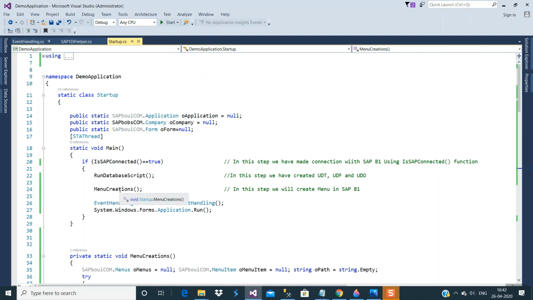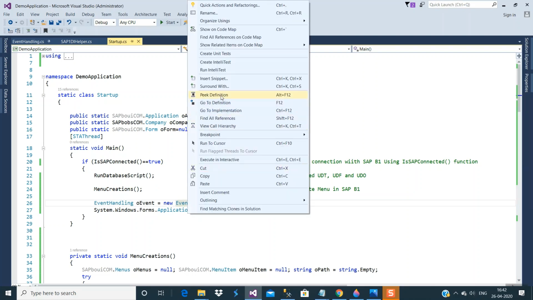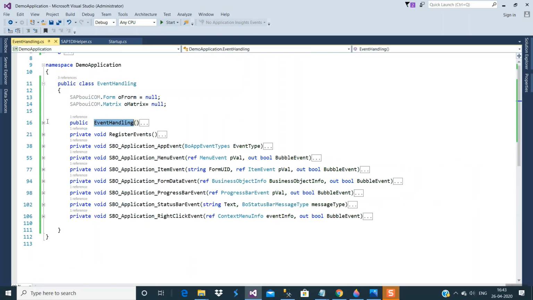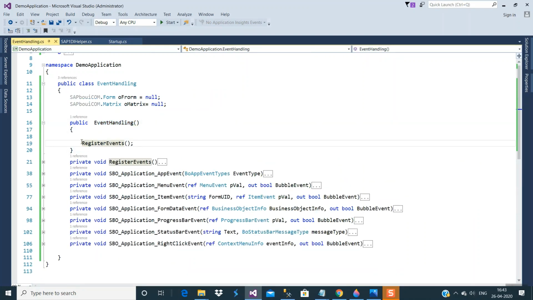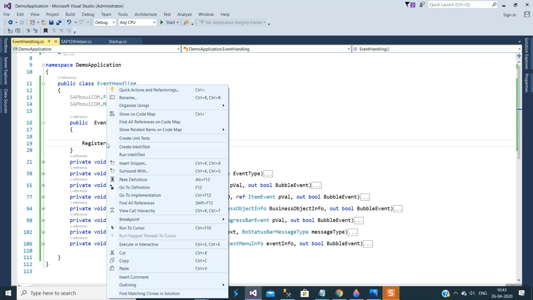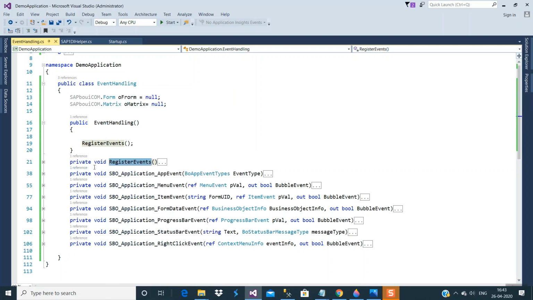Before we open the form, let me explain event handling. After execution of this, the menu will be created in the menu list, and then control will come to the event handling section, in the constructor of this class, where we have registered the events. As we discussed in the third point, event registration, through this function we are registering the events in our application.